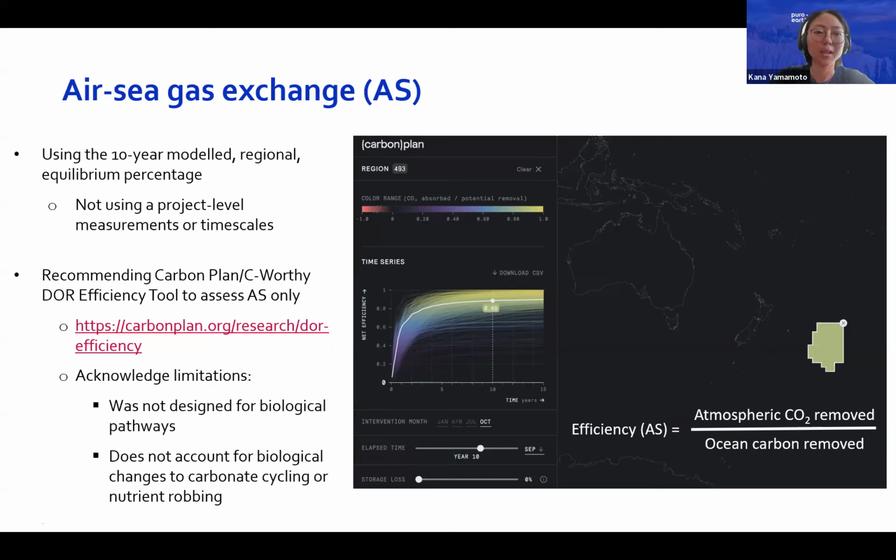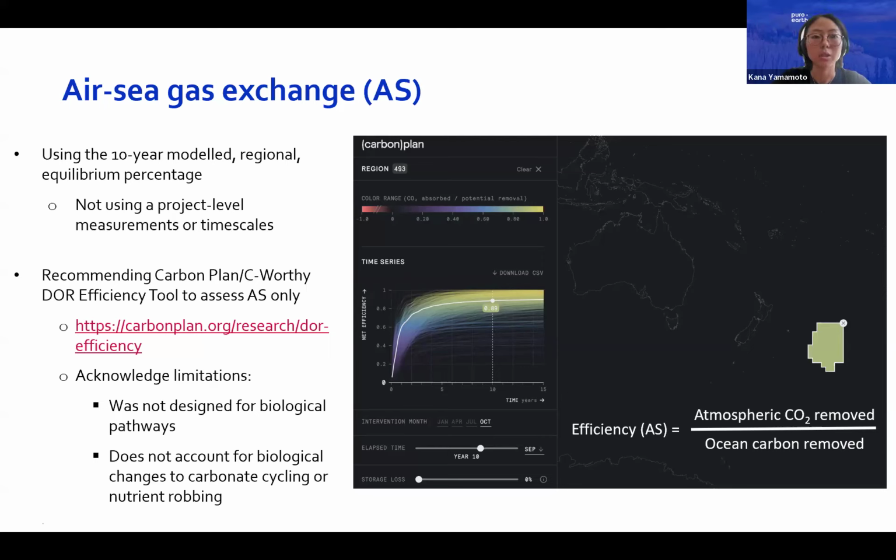Okay, so jumping in here, I'm gonna cover the air-sea gas exchange. As Michaela really well described, this marine microalgae carbon fixation and sinking is going to remove carbon from the surface ocean, which is quantified by the carbon fixed term and the sinking efficiency. But we also need to examine this air-sea gas exchange term to quantify how much of the carbon is removed from the atmosphere and taken up into the ocean.